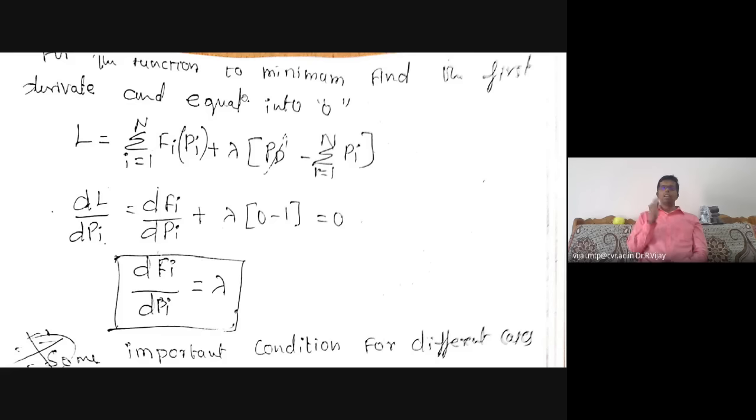Next, after that, we need to formulate the Lagrange's function. Lagrange's function also you need to define. I have already defined what Lagrange's function is. Lagrange's function is equal to the objective function plus some constant into constraints. So what is the objective function? Minimize the total fuel cost. What is the constant? The constant here is lambda. What is the constraint? The constraint is the power balance constraint, that is summation Pi is equal to PD, but due to the